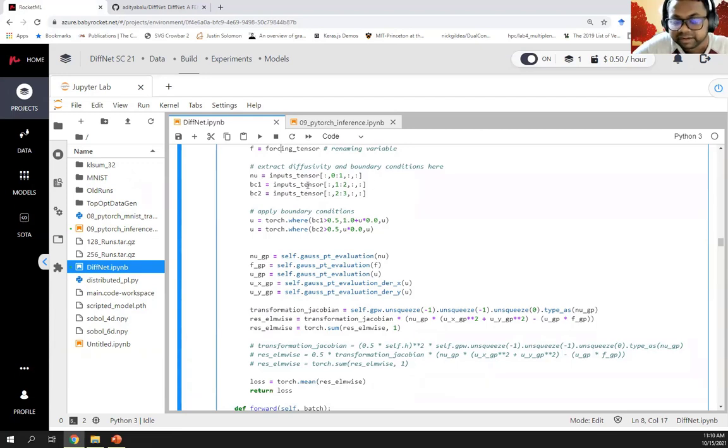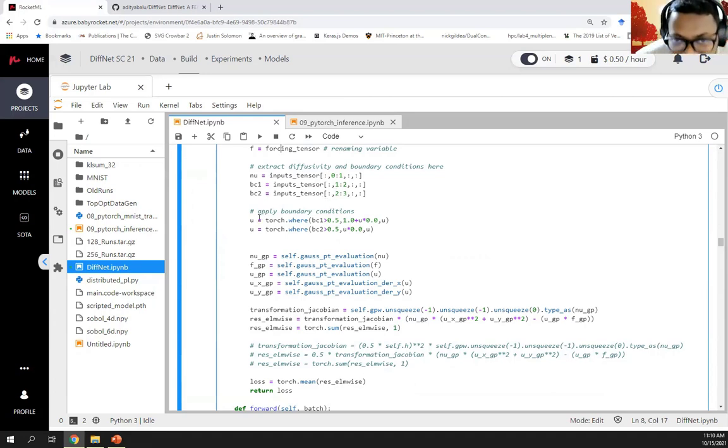From the input tensors which we are sending, in this case a batch of input tensors, we obtain the first channel, which is the new. The second channel of the input tensors is the mask for boundary condition 1, which is the source. And we also obtain the mask for boundary condition 2, which is the sink.